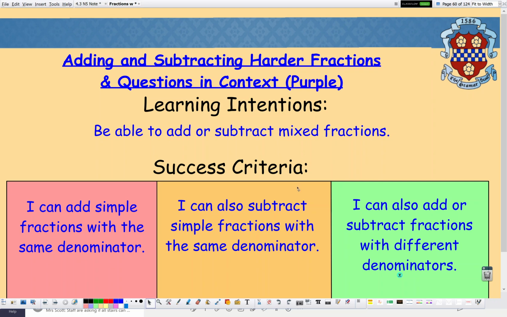Hi guys, so this is the purple level video on adding and subtracting harder fractions, and we're going to look at some questions, some worded questions in context. Okay, I'm aware that some of you working at purple level may feel like you've kind of been doing the same thing for the last 3-4 lessons or so,